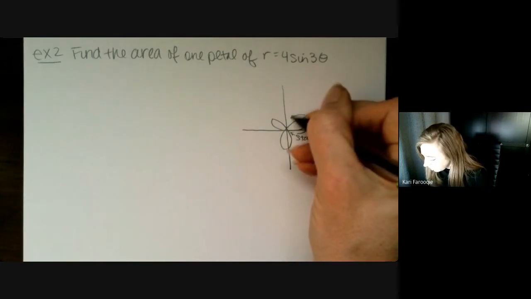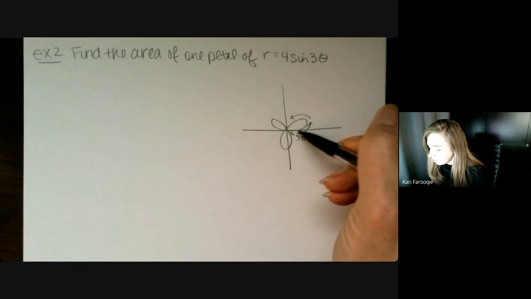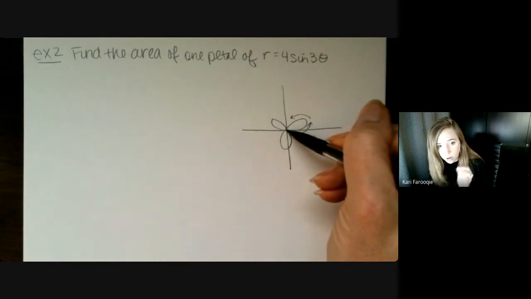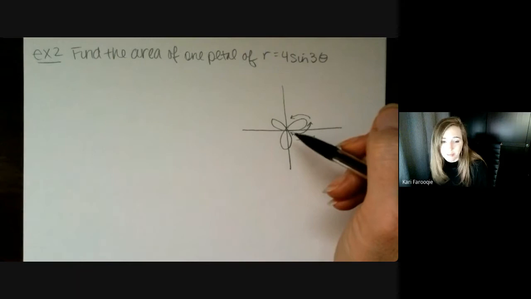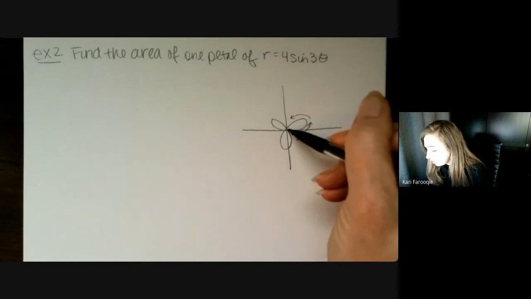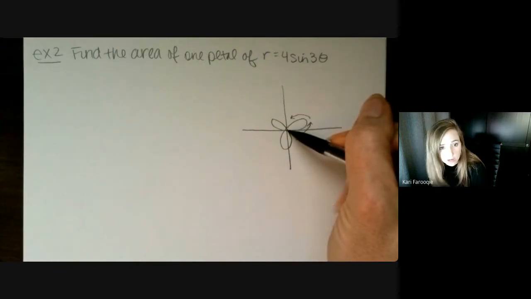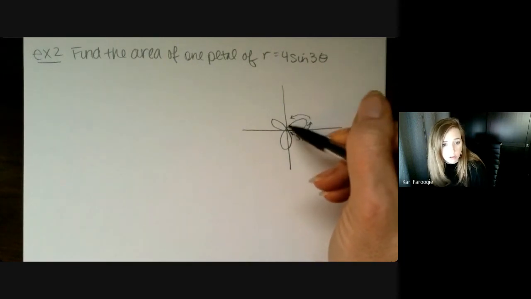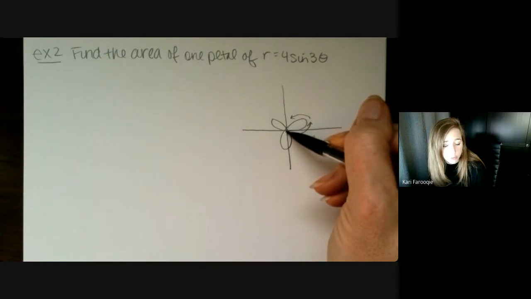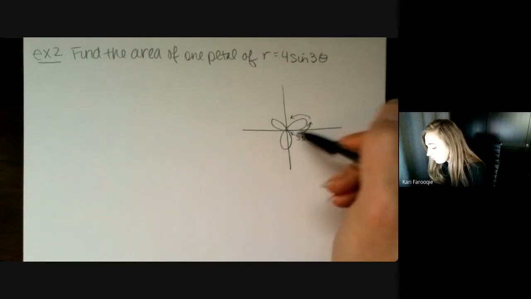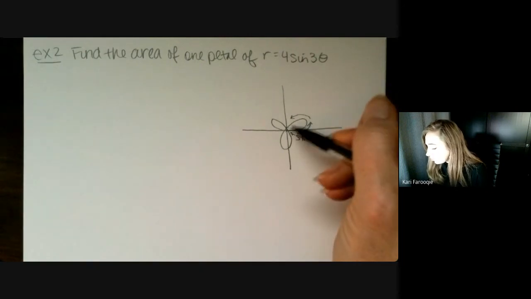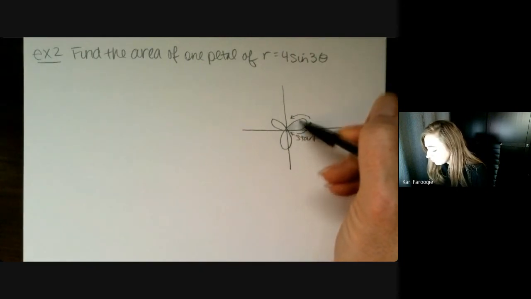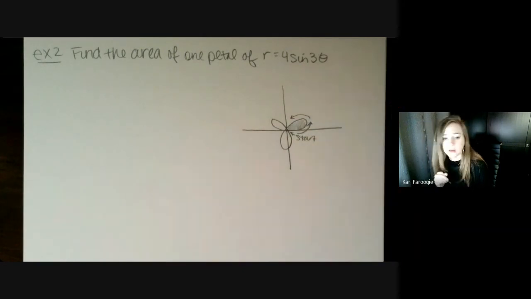So if you swing back around, you're trying to figure out how to get from one part of the petal to the other. Technically, it doesn't matter, but the easiest way you're going to find that is by going from your starting point, where your radius is 0, the starting point of your petal, to the ending point of the petal. So back where this meets again, where the graph starts to cross itself. I'm going to focus on this petal. It doesn't necessarily matter which one you focus on. This is just going to be the easiest one to work with.